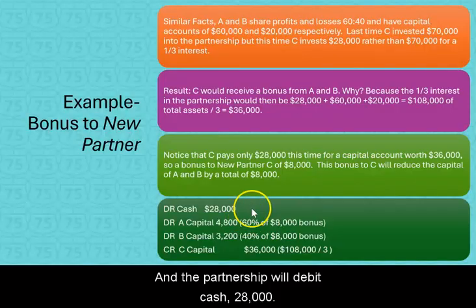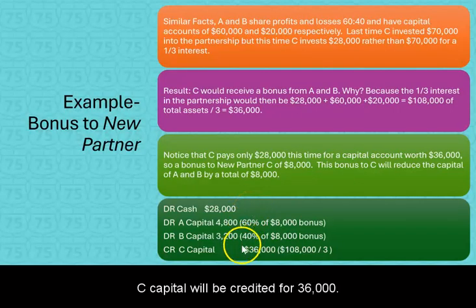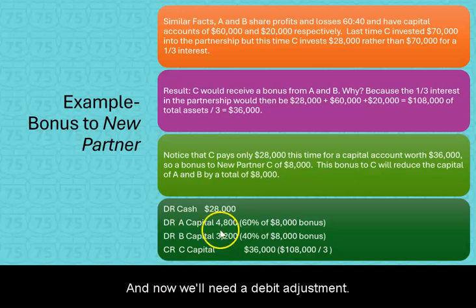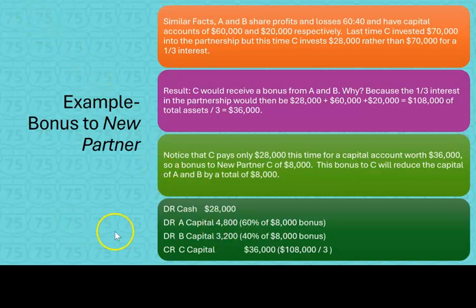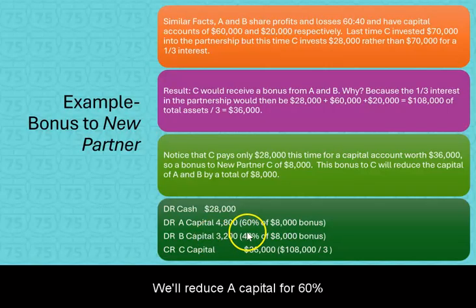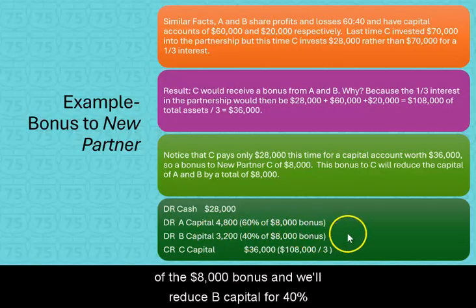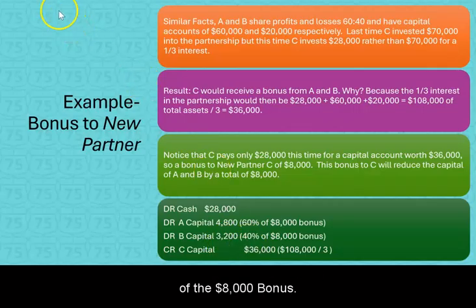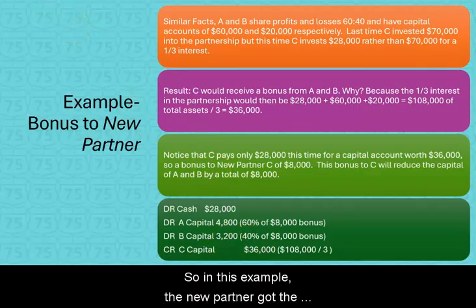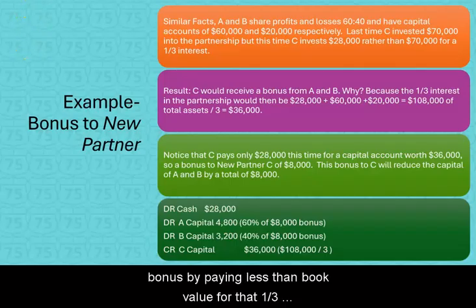And the partnership will debit cash $28,000. C capital will be credited for $36,000, and now we'll need a debit adjustment. We'll reduce A capital for 60% of the $8,000 bonus, and we'll reduce B capital for 40% of the $8,000 bonus. So in this example, the new partner got the bonus by paying less than book value for that 1/3